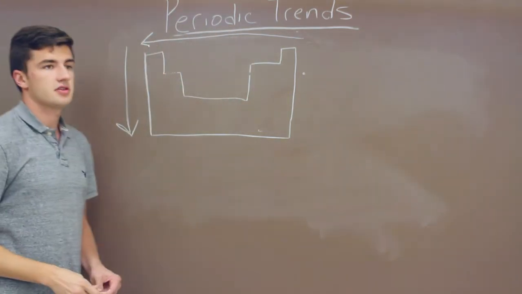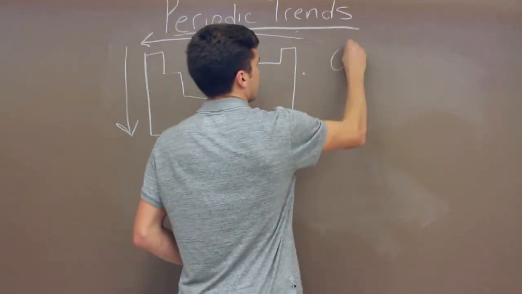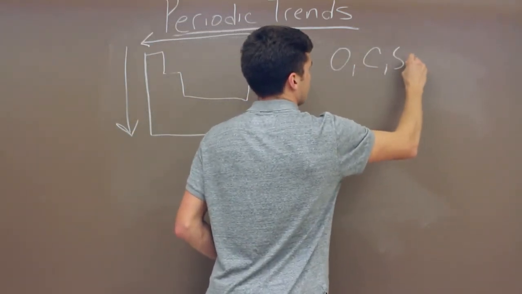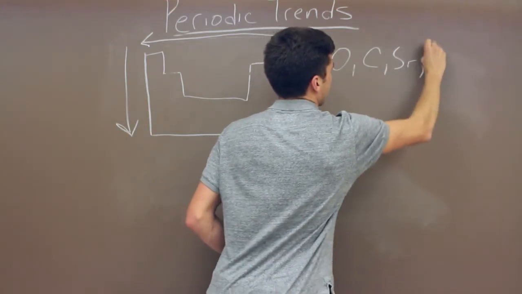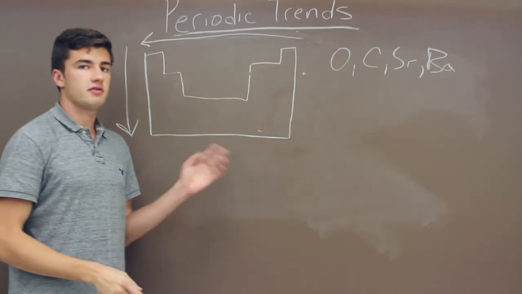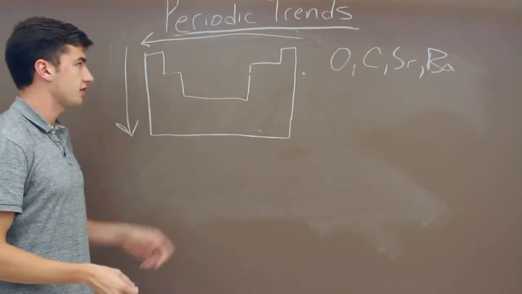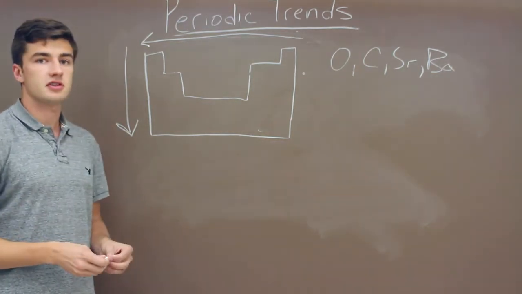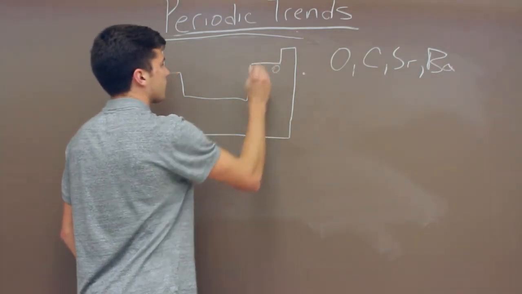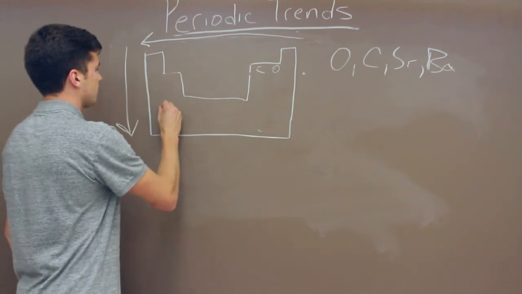For this, we're going to look at oxygen, carbon, strontium, and barium. Once again, we'll identify where they are on the periodic table and then look at them to determine their relative atomic radii. So first we have oxygen, carbon here, strontium here,